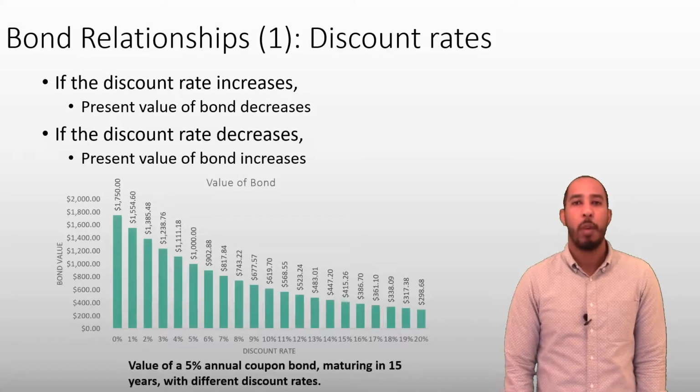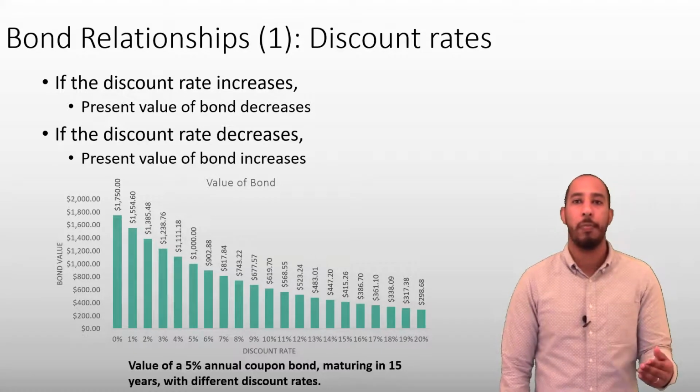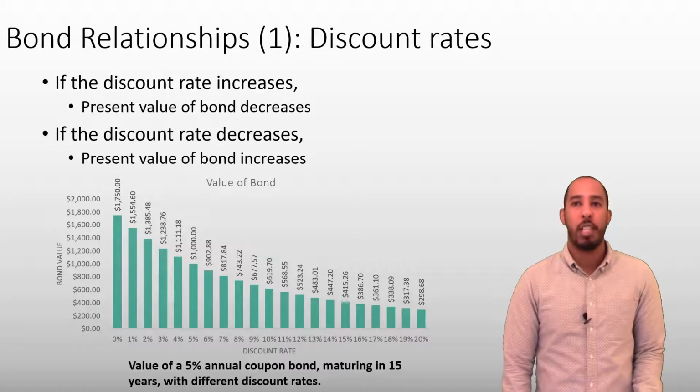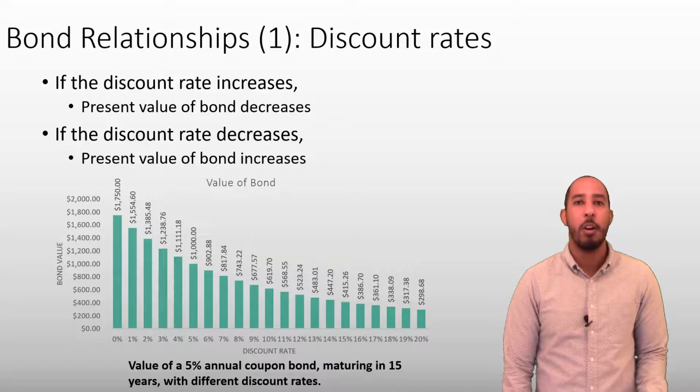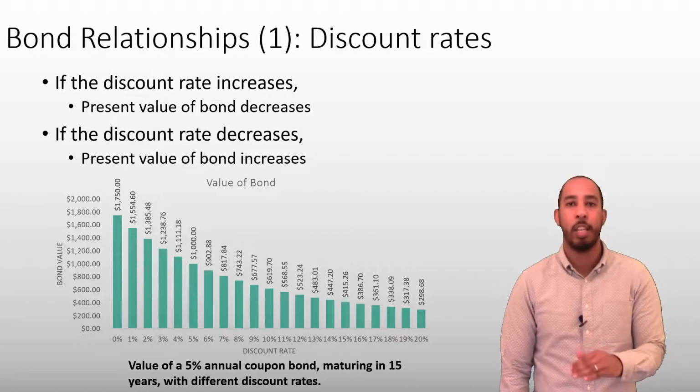We can see this by playing with the formulas. See what happens if you make I bigger and bigger and bigger. Or we can do a numerical example to illustrate it. In this chart here, I find the value of a 15-year, 5% annual coupon bond using various discount rates. And as expected, we see the value of the bond decline as the discount rate increases.